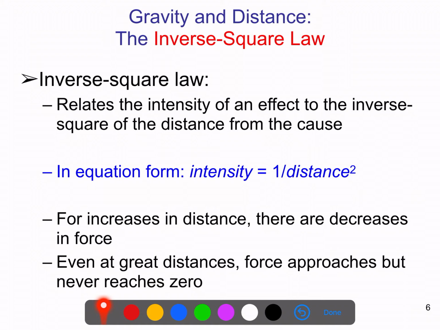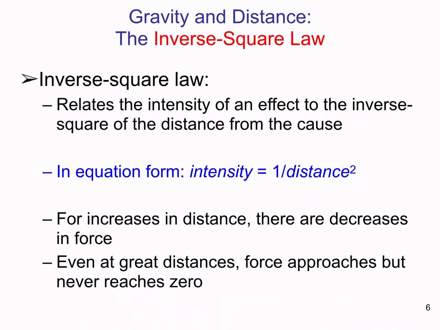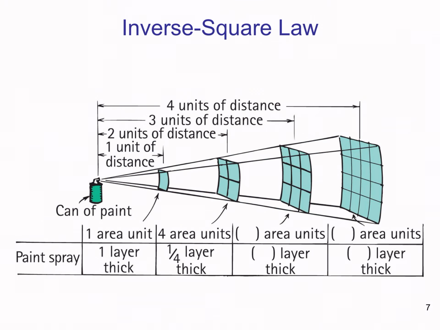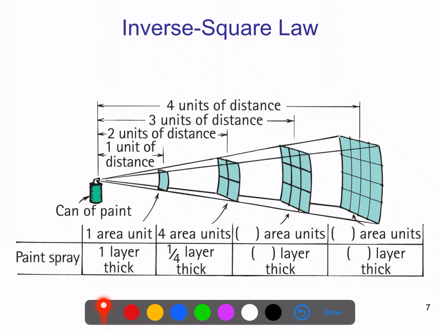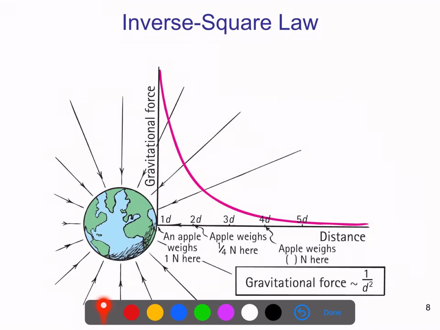You take two objects and you place them twice as far apart, and suddenly the gravity will now only be 1/4 of what it was before. Take and place them 3 times as far apart, 3 squared is 9, it will only be 1/9 as strong of a force as you had before. And that's the same thing we talked about with sound, or light. These sort of things are also inverse square laws. So it's nothing unique to gravity. It follows the same sort of relationship we've discussed before.